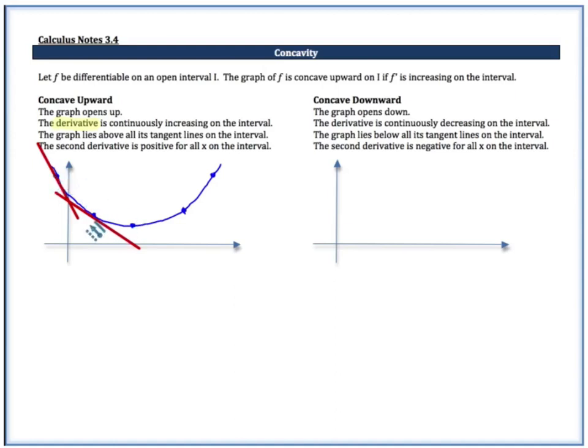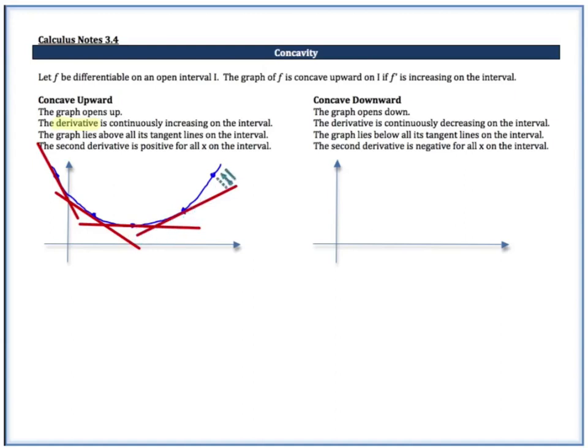Now if we look right here, this is our minimum, and we knew that the derivative is 0, so we have our horizontal tangent line. So 0 is larger than a negative number. So you can see so far our derivative is increasing. The derivative at this point is the slope of this tangent line right here. And we can see now that this tangent line is positive, which is larger than 0,